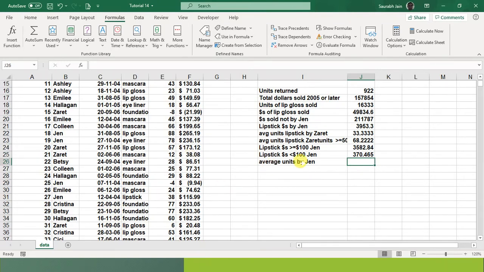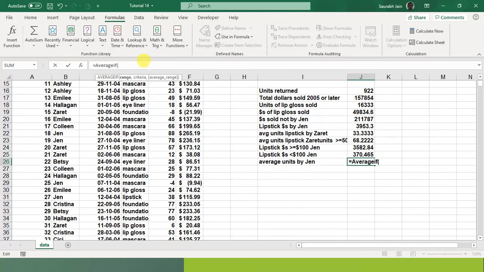Now there's average units by Jen. So now there are no multiple criteria. It's a single criteria. So I say AVERAGEIF, fine. I have to apply equals also first. AVERAGEIF. Now what I have to do is average units.